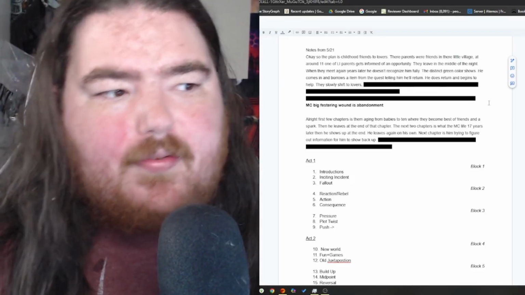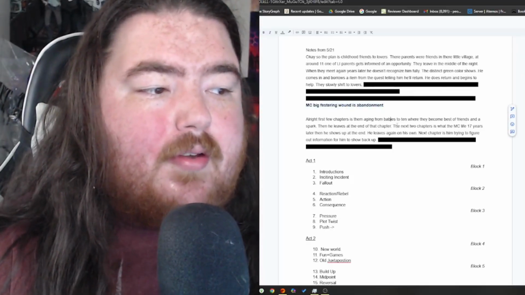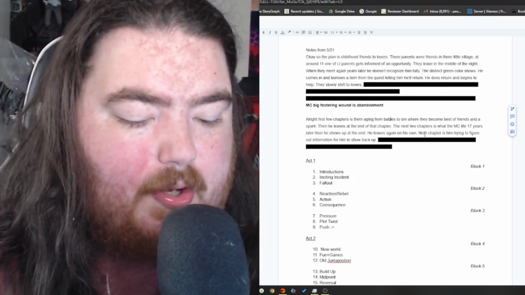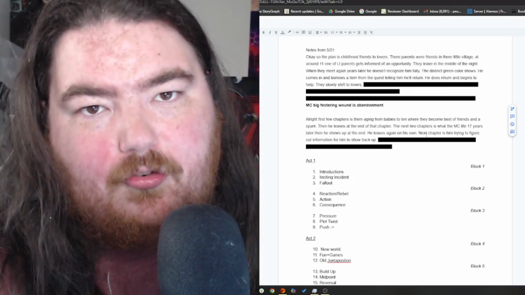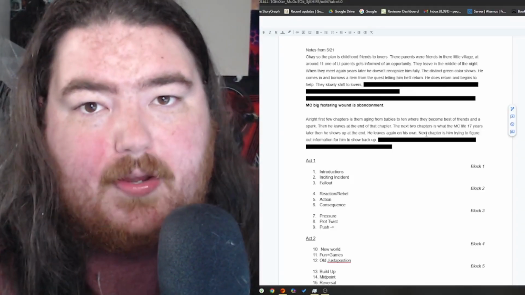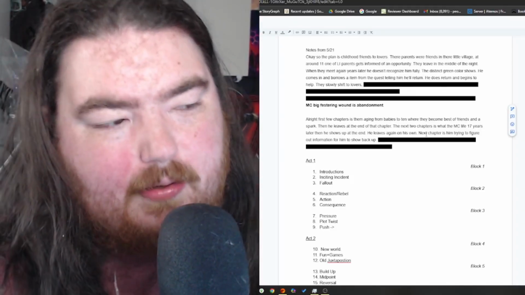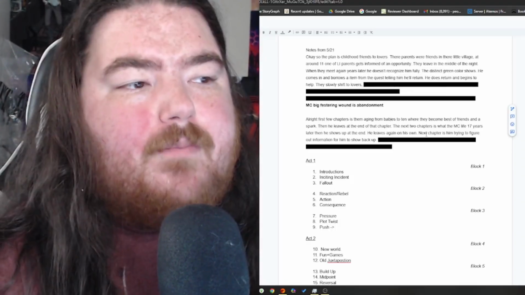This is the rest of the novel, so I did black it out for the purpose of only focusing on Act 1. In this process, I did learn the main character's big festering wound towards love is abandonment. And I really need to personify this in a lot of different ways, but we're also going to personify this with this relationship. Due to the fact of being friends to lovers, and because of that, I think it becomes way more complicated in a lot of different ways. I think abandonment works really, really well,